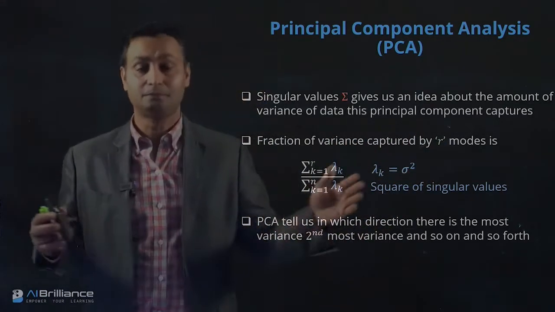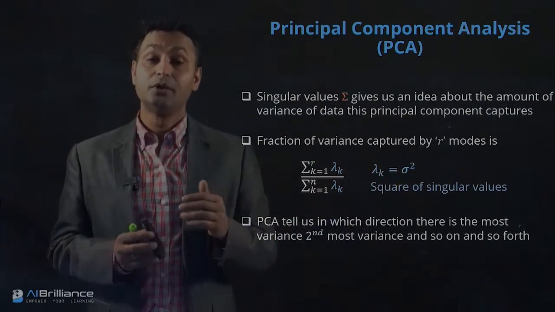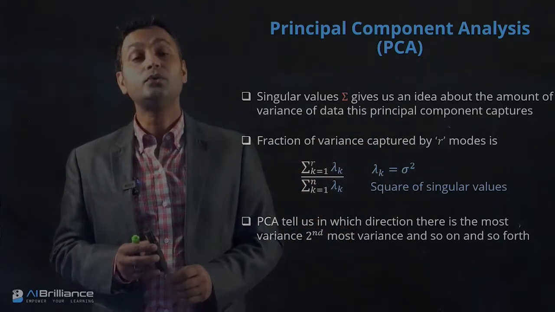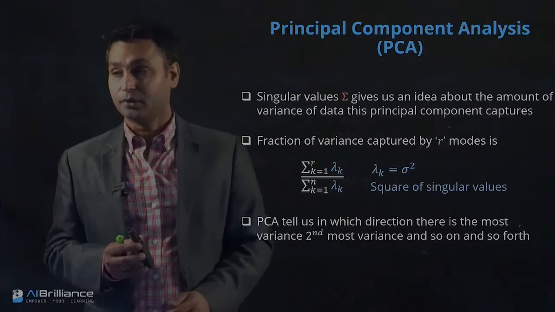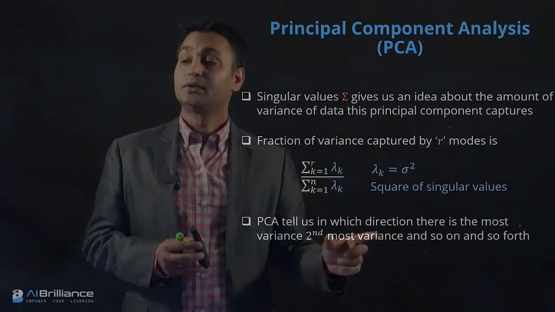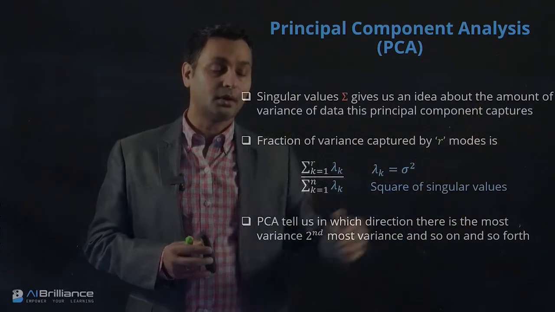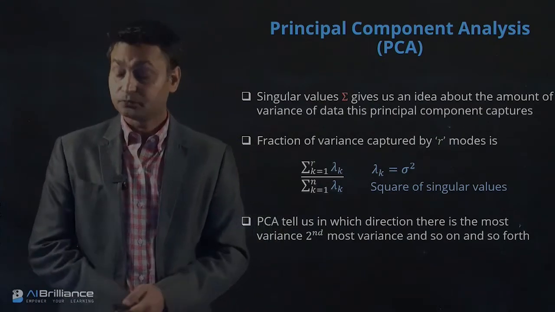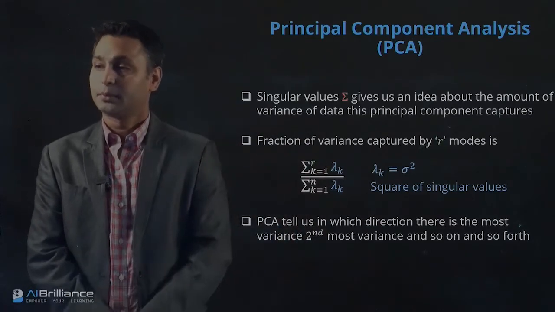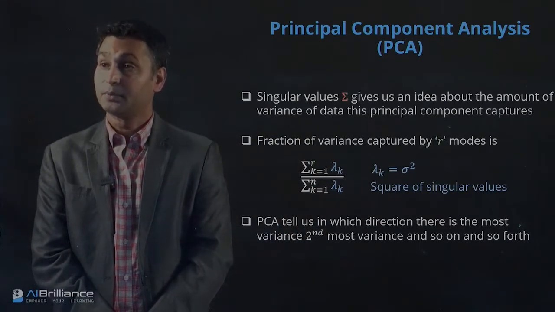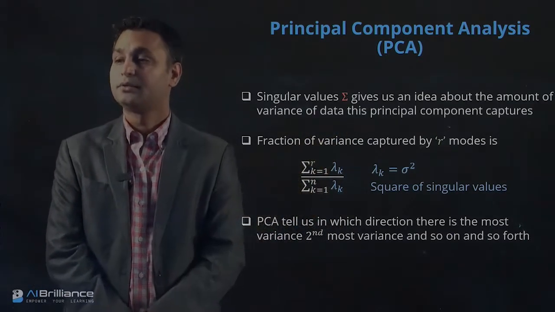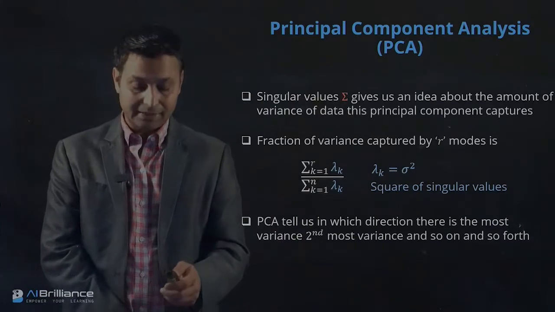The T matrix is going to have all the different principal components, but you need to throw away some of them. This R value and this ratio could be used to eliminate the number of columns going forward. PCA tells us which direction has the most variance and the second most variance, and so on, as we move along the different columns. Hopefully we covered some salient features, and we will cover some other aspects of principal component analysis and how to choose suitable values of R in other videos going forward. So with that, I want to thank